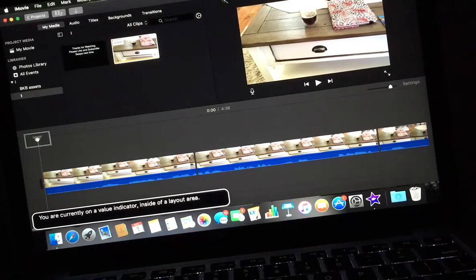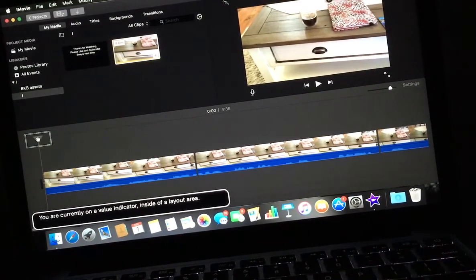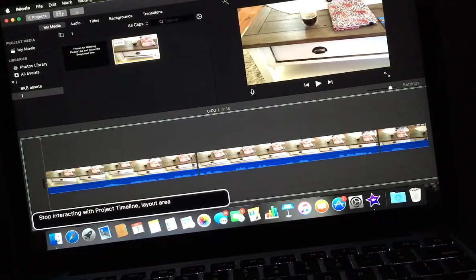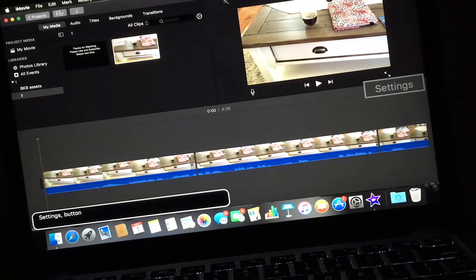But let's move on. Let's say you can put other clips in here. So you can put other clips in here. So let's put another clip in the project timeline layout area. You can put multiple clips. Say that you didn't do everything in one take. So you can put them together, back to back,